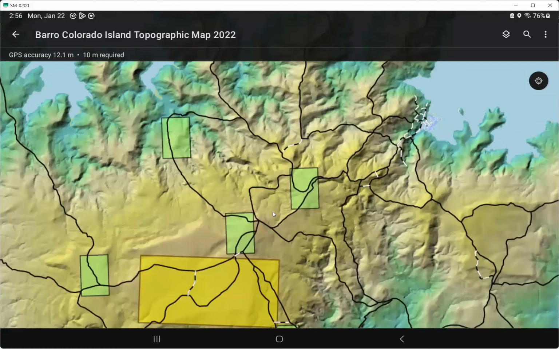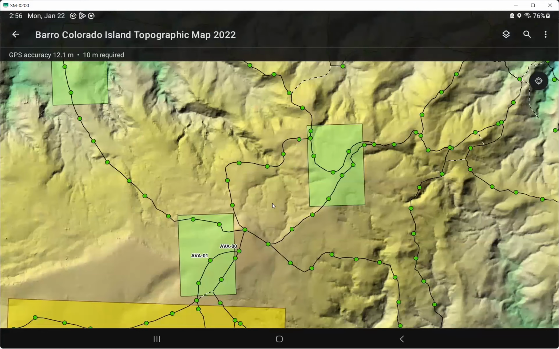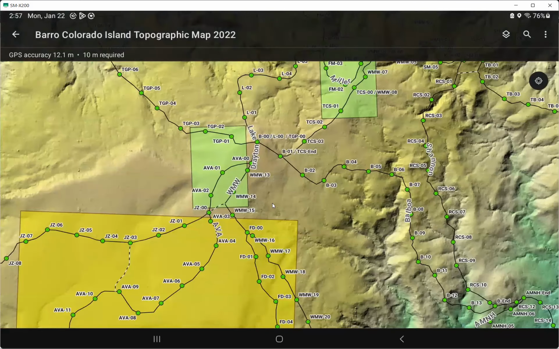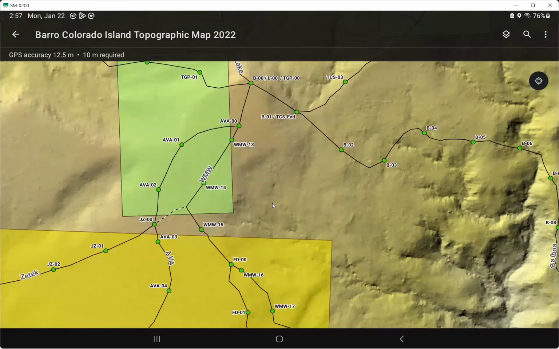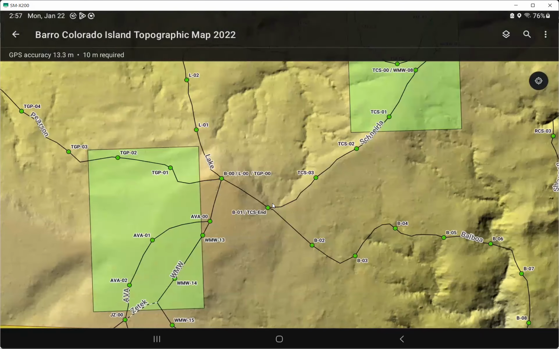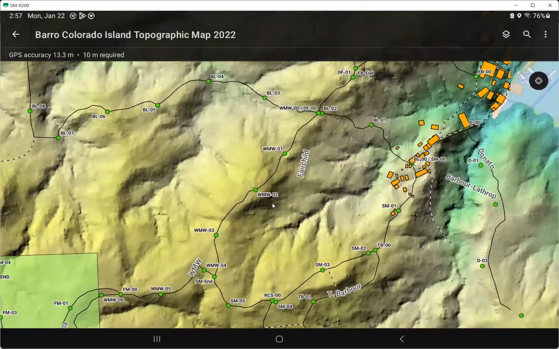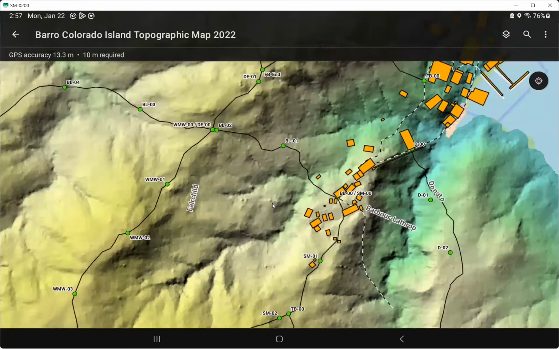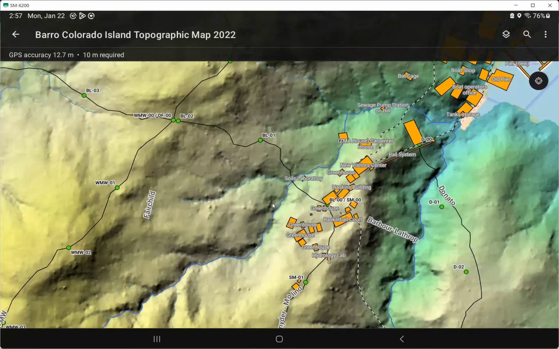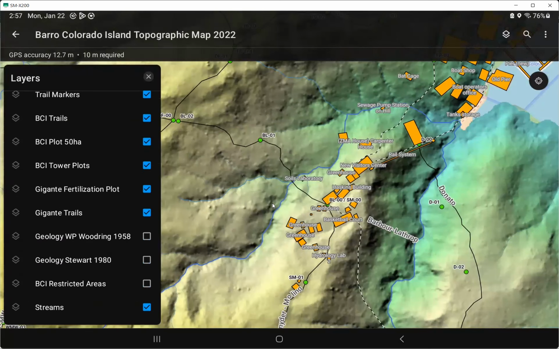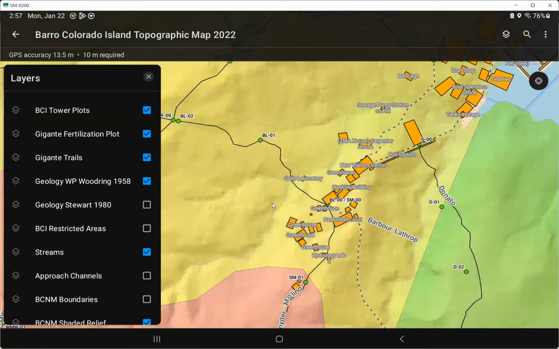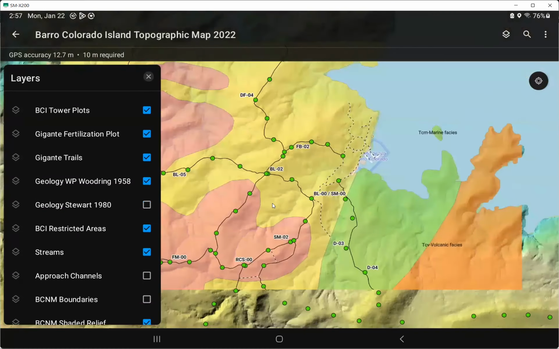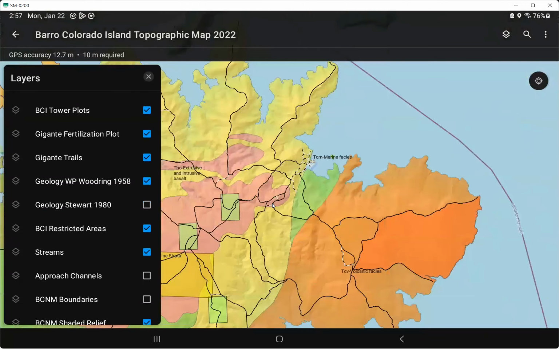If we zoom in closer into the map, we will notice a lot of details like the study plots, the trails, the markers for the trails, the buildings. If we open the layer list, we can even open the geology map, the BCI restricted areas. So we have a lot of information on this map.